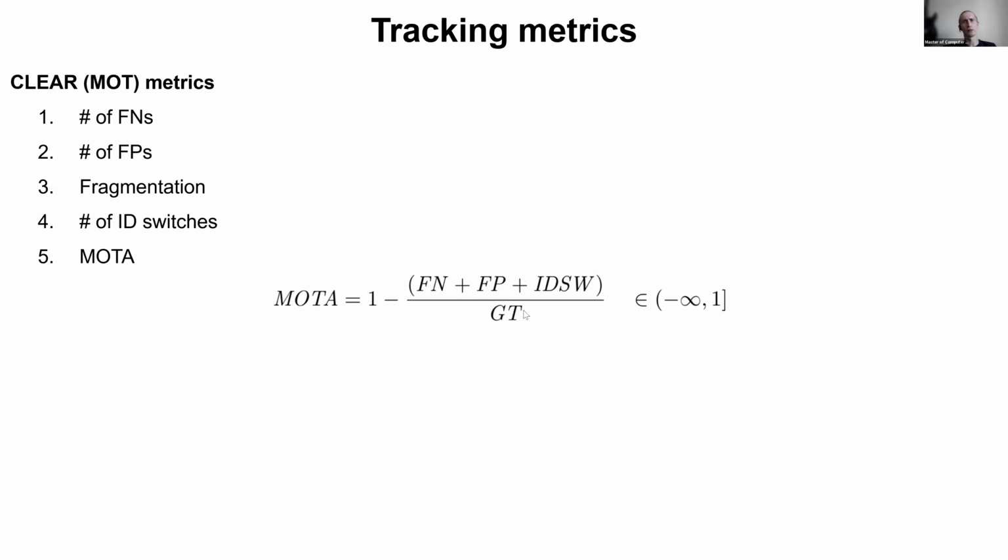This is the sum analog of the classification accuracy, actually, but in the tracking context. Of course, this metric is not ideal, but it is used for comparison very often. We can also calculate MODP. Here, C